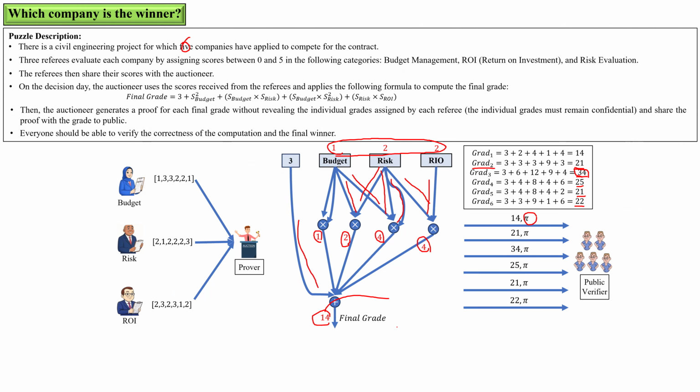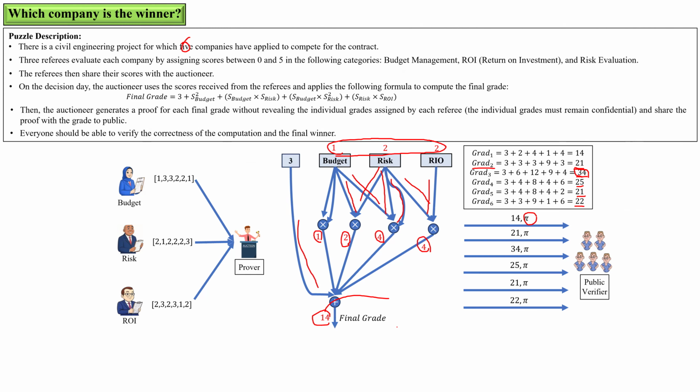And this proof allows me as a public verifier to ensure that the computation actually followed the circuit, right? So then the public verifier would be convinced that the final grade is computed correctly without knowing the original grade